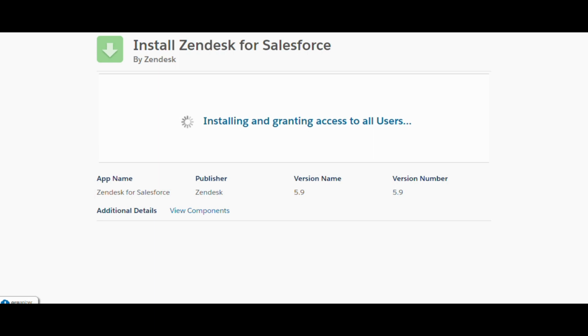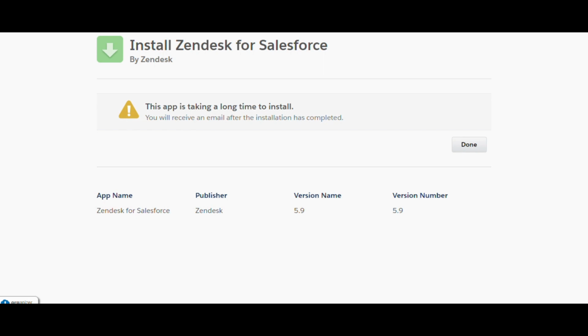Once it is installed in our Salesforce org, after that we will do some configuration like remote site setting and authentication. We will do these configurations on Zendesk also, and we also have an account of Zendesk. So first let's install it. Let's wait for a few minutes. Once it is installed, I will get an email from here. So let me click on done